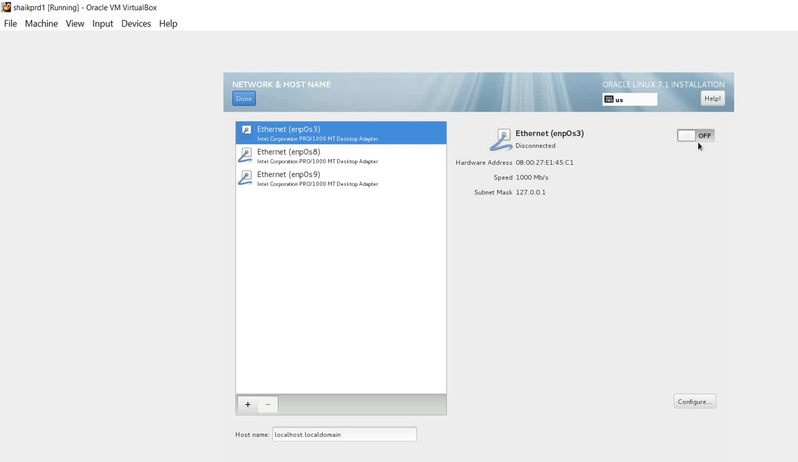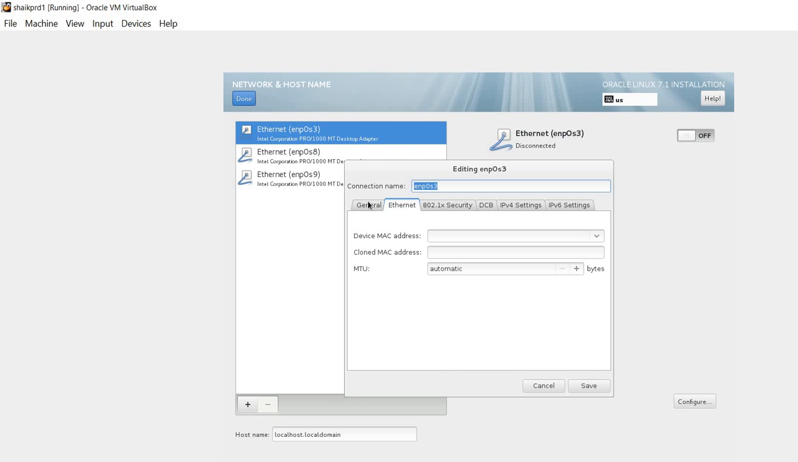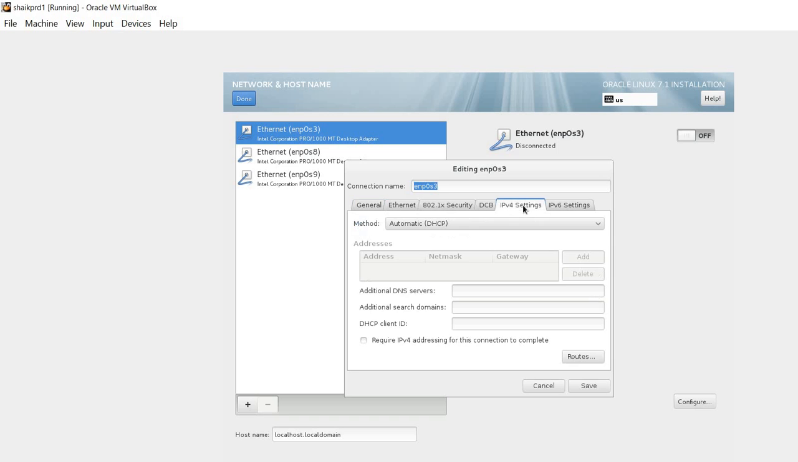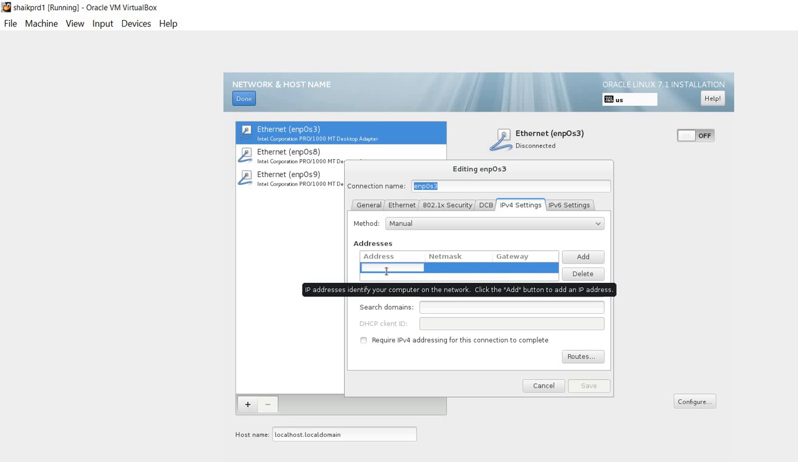So for the first one, we'll click on configure, and in general, click on the option called automatically connect to this network when it is available. This is important. You have to click this option and then go to the IPv4 settings. Here, select manual and then add an IP address, which is